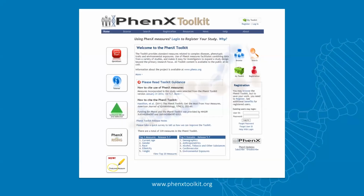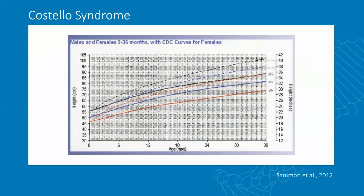PhenX has done a fabulous job actually compiling tools for all different areas, and I turn your attention to this database and this resource, relatively modern resource, where you could look at psychiatric tools, or you could look at cardiologic tools, or those involved in neoplasm, just again underscoring the advances that we've actually had in phenotype analysis just really in the last decade. But speaking of growth curves,